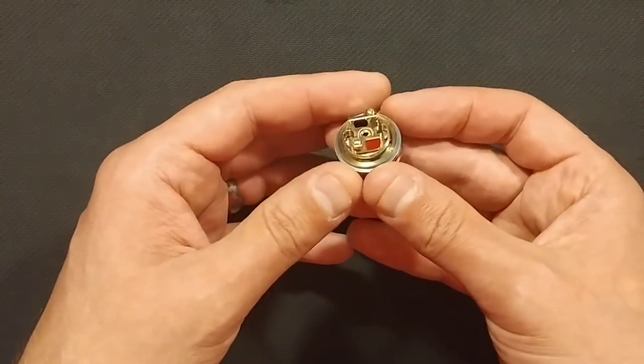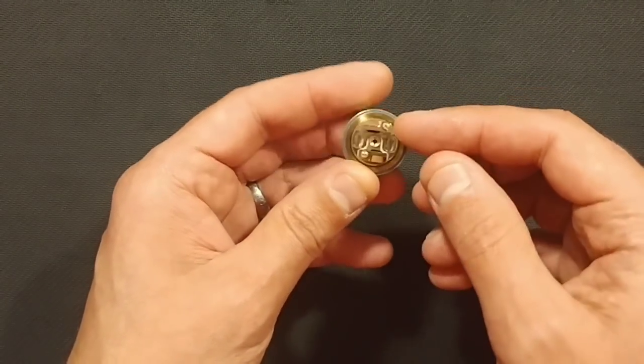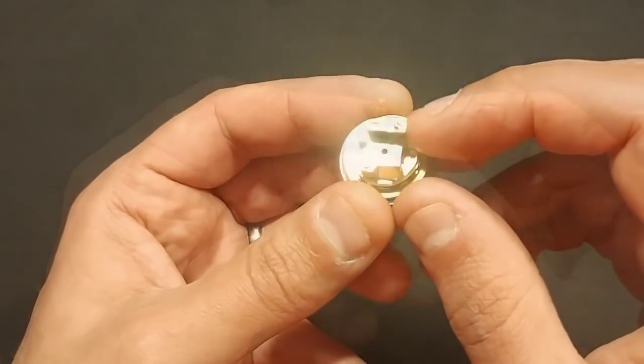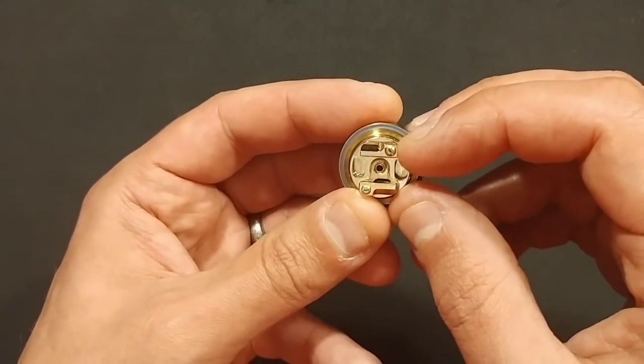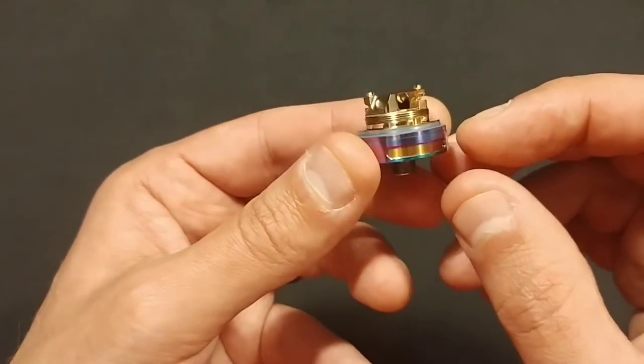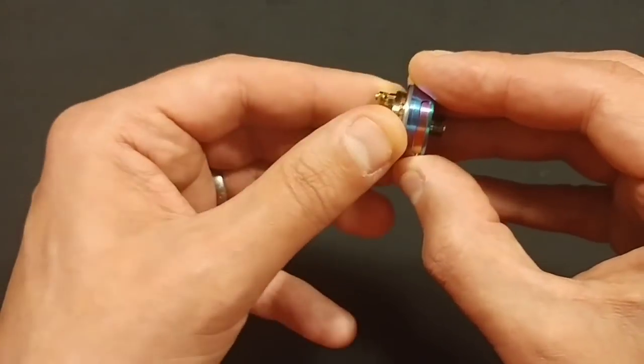Right, so we're on to the deck section then, guys. Right, we've got a fully gold plated deck section here. We've got gold plated Phillips head screws. They're very tiny screws as well, these ones. We've got bottom airflow. So basically with this airflow,